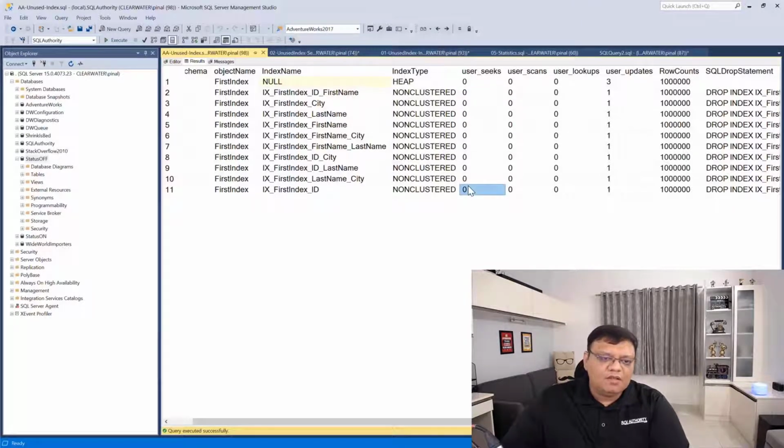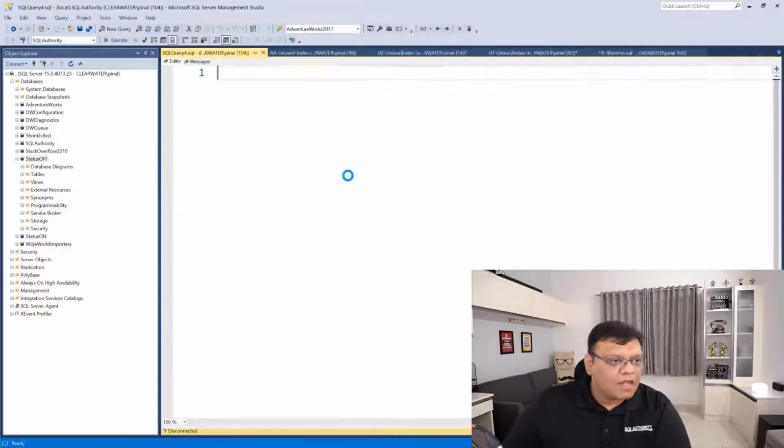If you see the table has very little user seek and more user updates, that index you would start considering a bad index, and you may consider dropping it. So it's a good idea to have a large number of user seeks, and user updates should be less. That's considered a good index. Otherwise, you may consider it a drop candidate. For example, because I am on a dev server, I can do this thing.